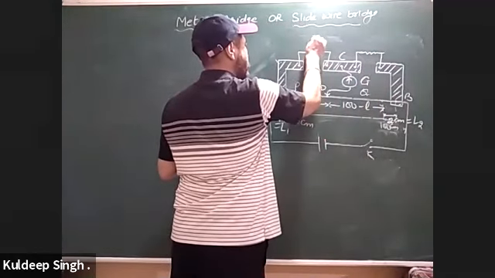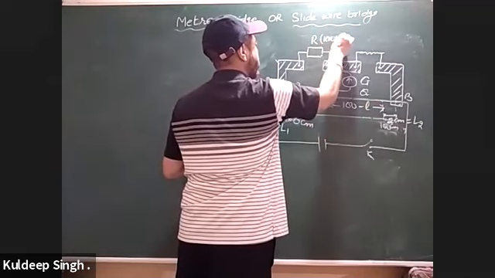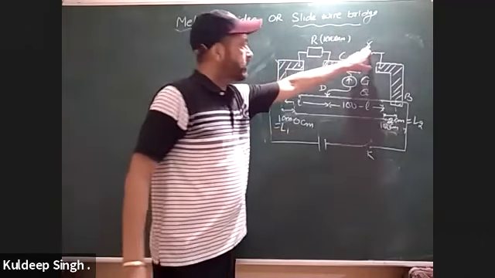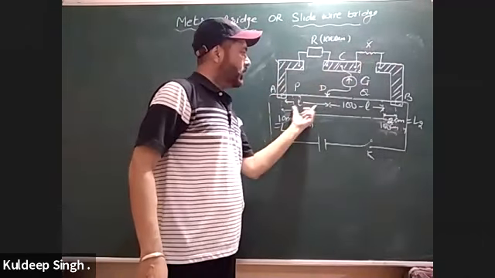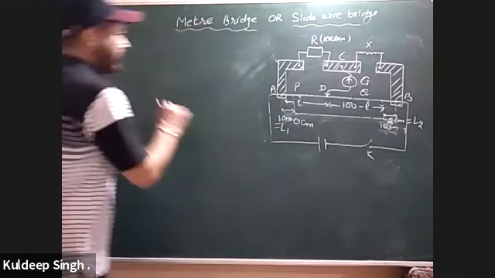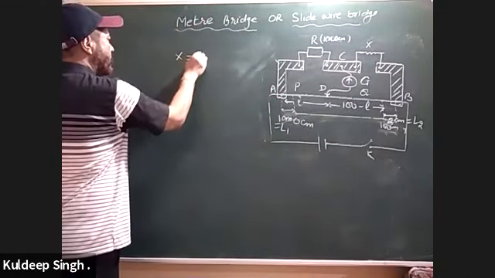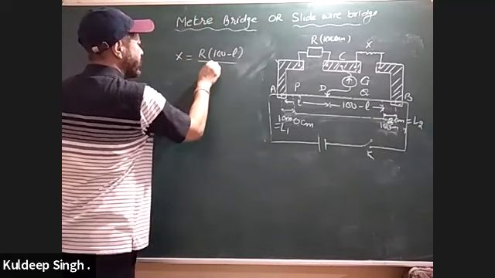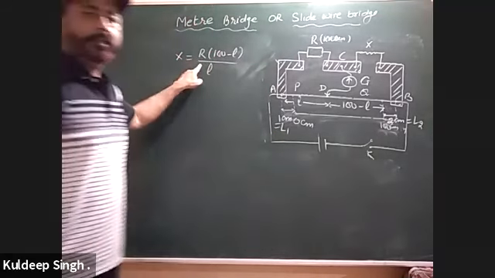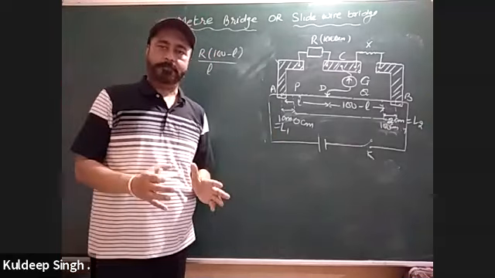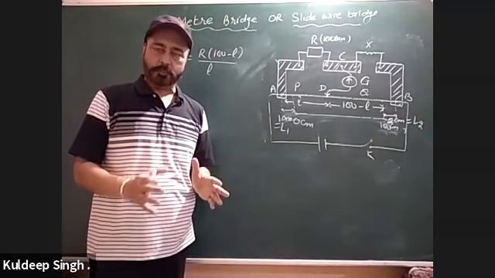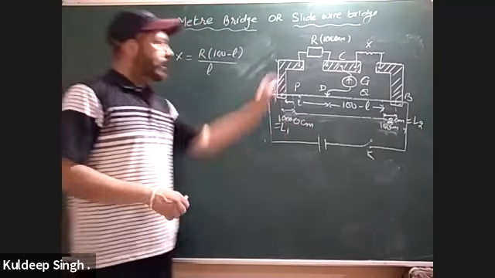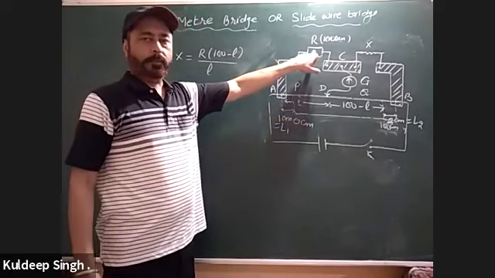So in this case, as I have already told you, if this is the known resistance and this is the unknown resistance, we are going to find out this unknown by using L and 100 minus L. What is the formula? X will be equal to R into 100 minus L divided by L. Now R is the standard resistance. Standard meaning you are given the value of the resistance. It means there is no error in that resistance until it is given in the value. So R will not have any error because it is the standard one.